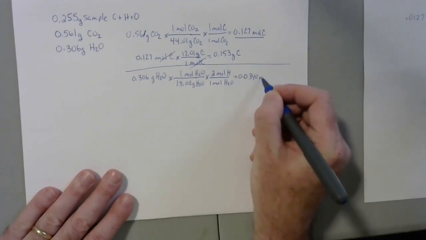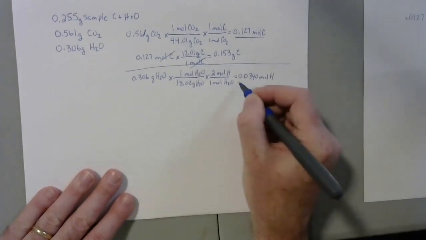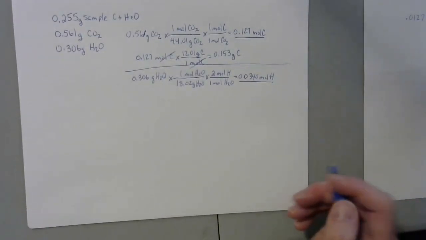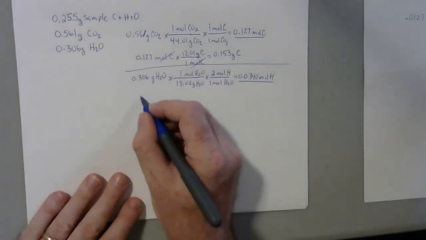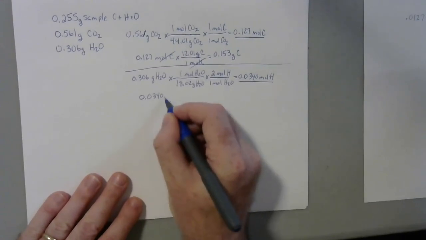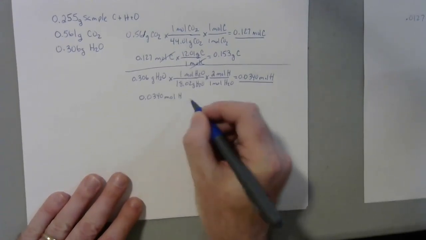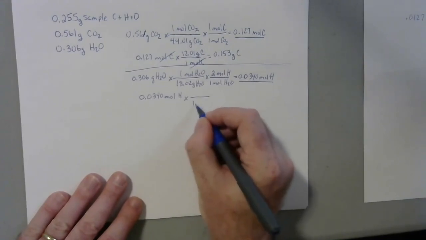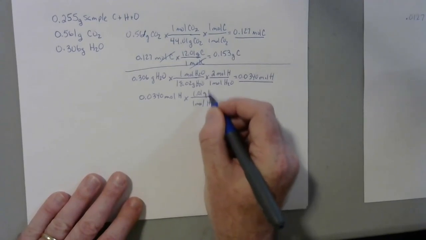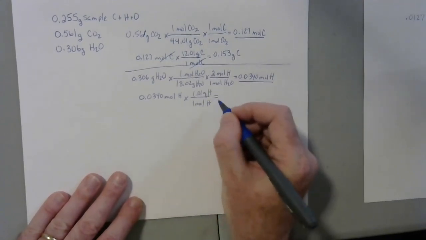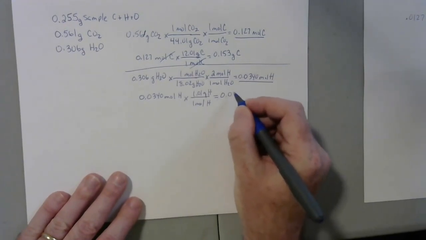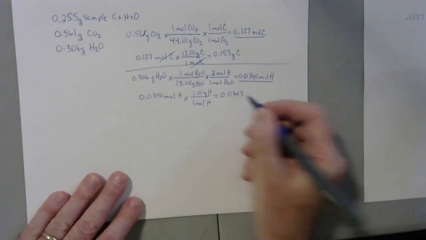0.0340 moles of hydrogen. Again, I'm going to need that for my empirical formula, but I'm going to need the mass to get at the oxygen. So we're going to continue, 0.0340 moles of hydrogen times 1 mole of hydrogen on the bottom, 1.01 grams of hydrogen on the top. And that's going to give us, if you run it through your calculator, 0.0343